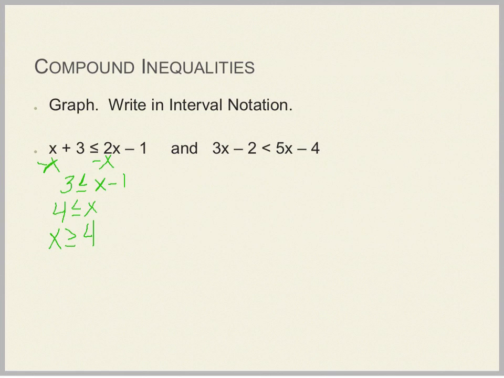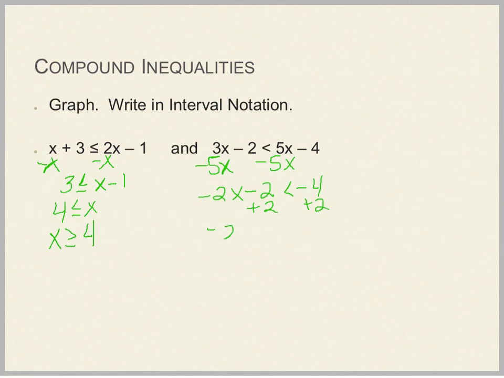Solving my second inequality expression, I'm again looking to isolate x. I'm going to start by subtracting 5x from both sides, getting negative 2x minus 2 is less than negative 4. Adding 2 to both sides, I have negative 2x is less than negative 2. Dividing by negative 2 on both sides, I have to remember to reverse the inequality, finding out that x's are greater than 1. Now, looking at this on a number line,